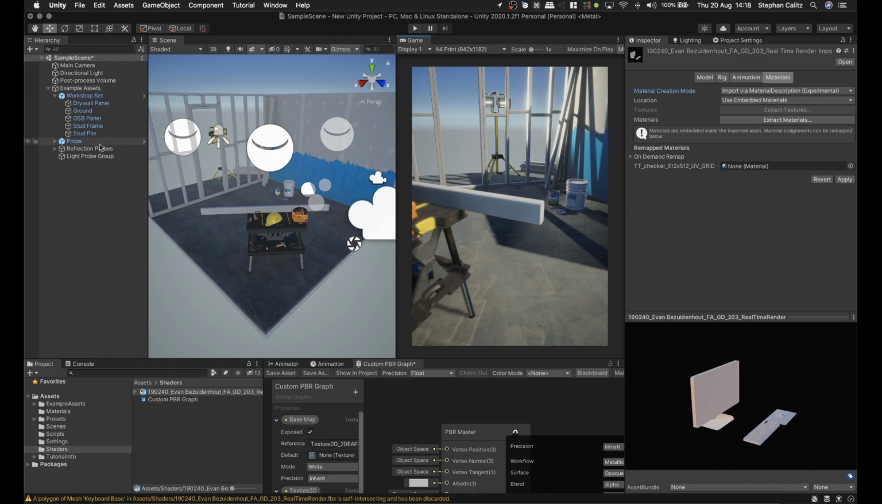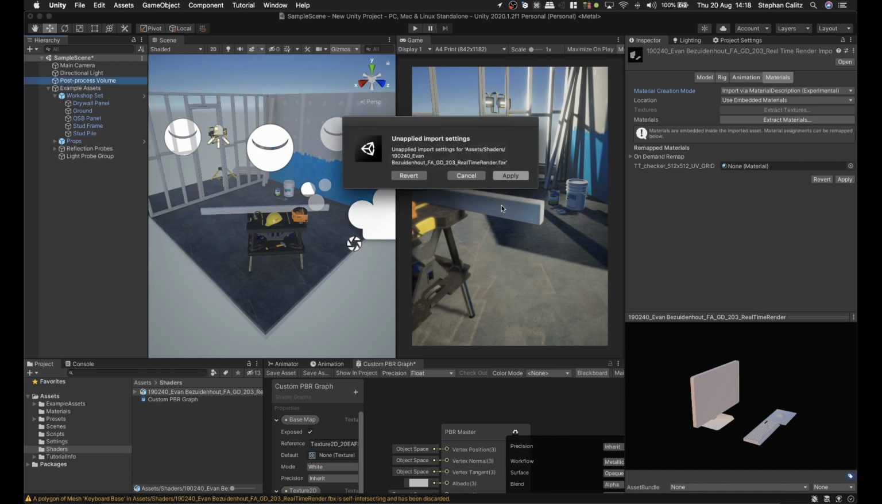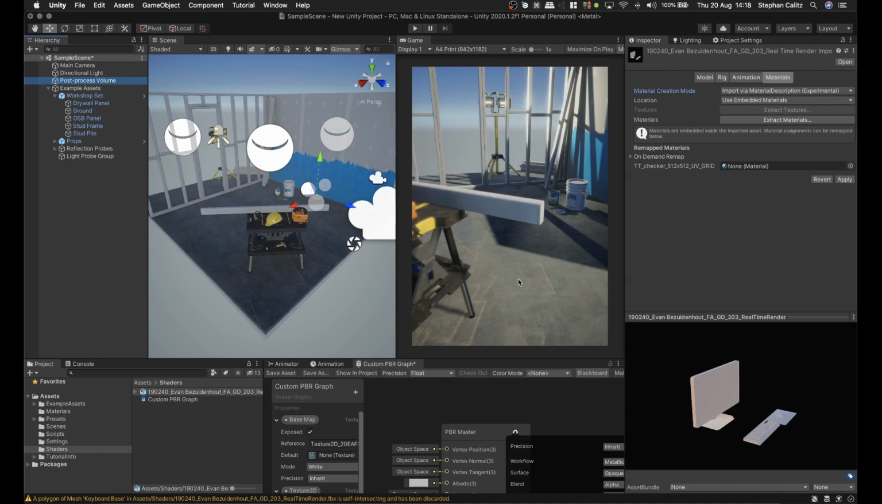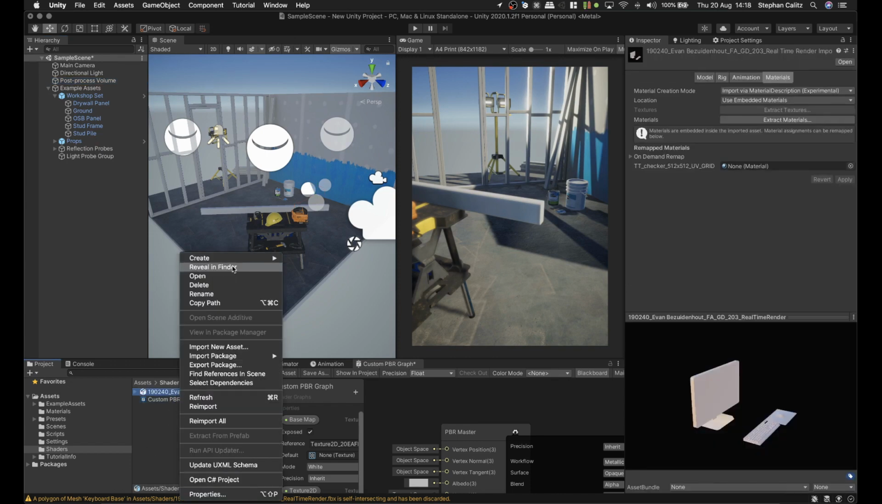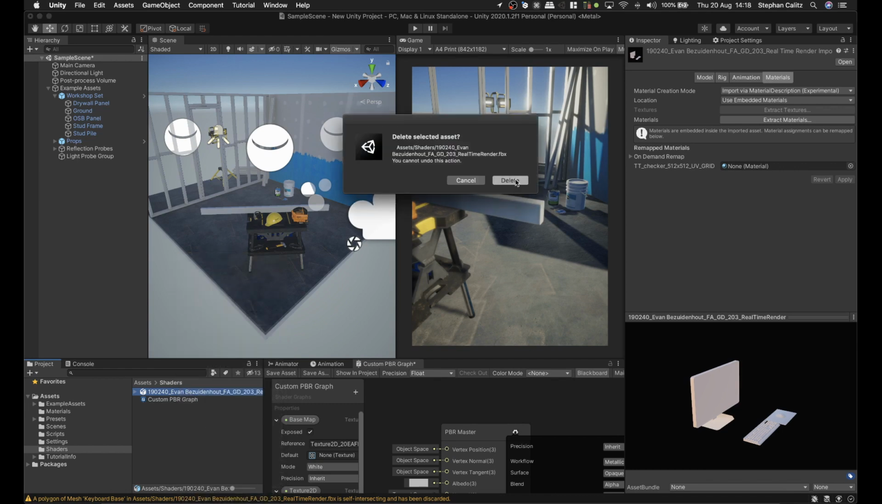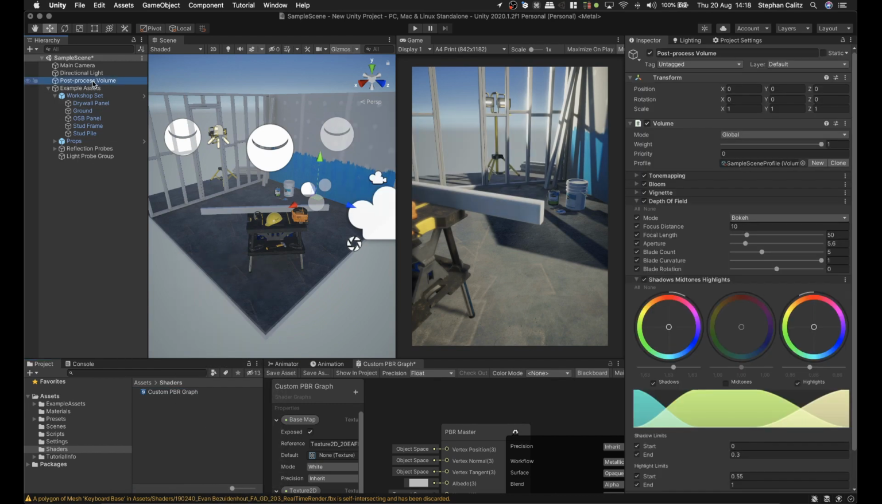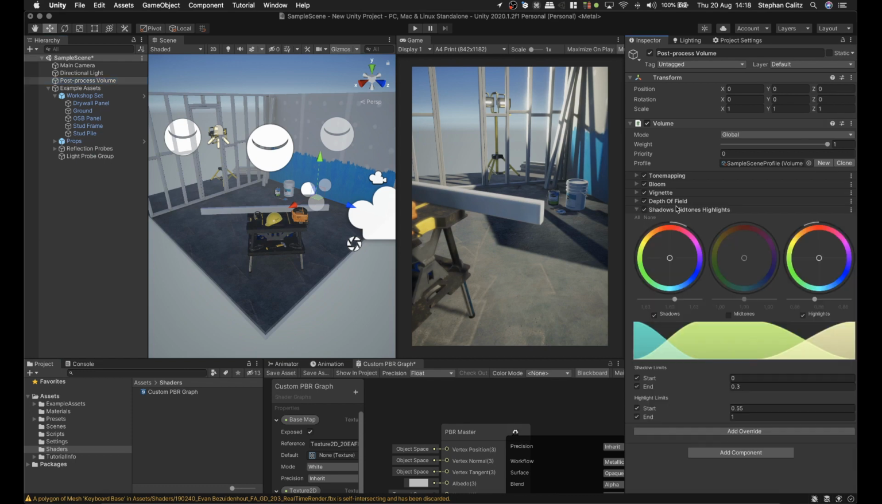So with that said, we can have a quick look at, sorry, that wasn't really necessary. I can get rid of this again. Have a quick look at this post-processing stack. Okay, so